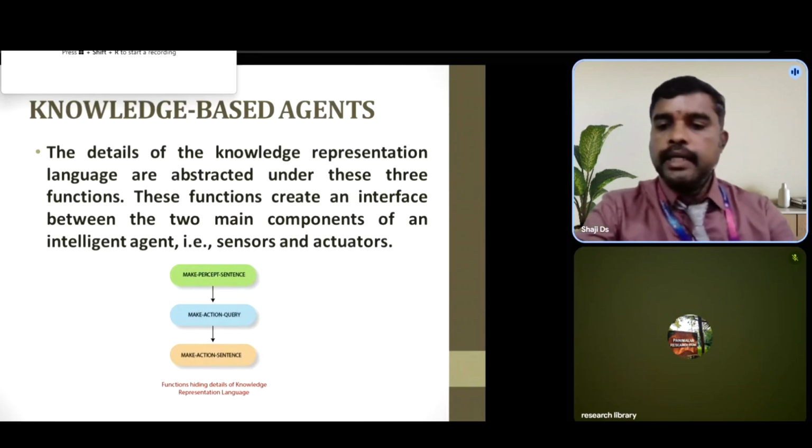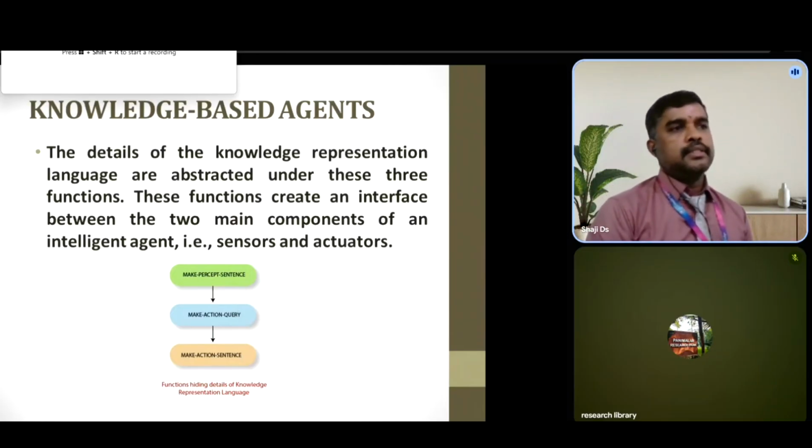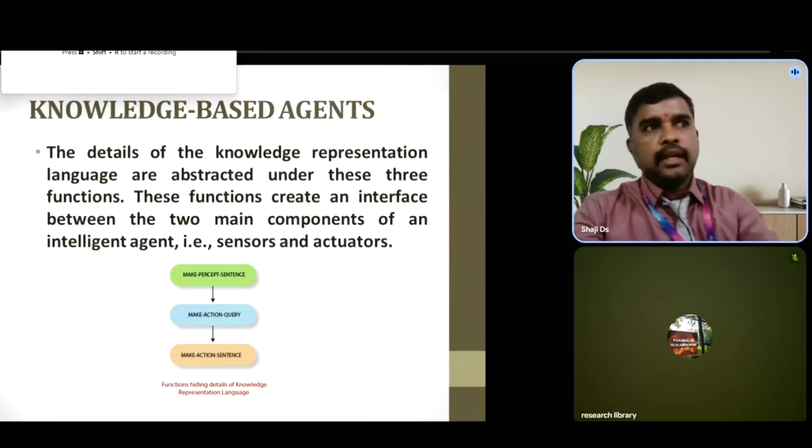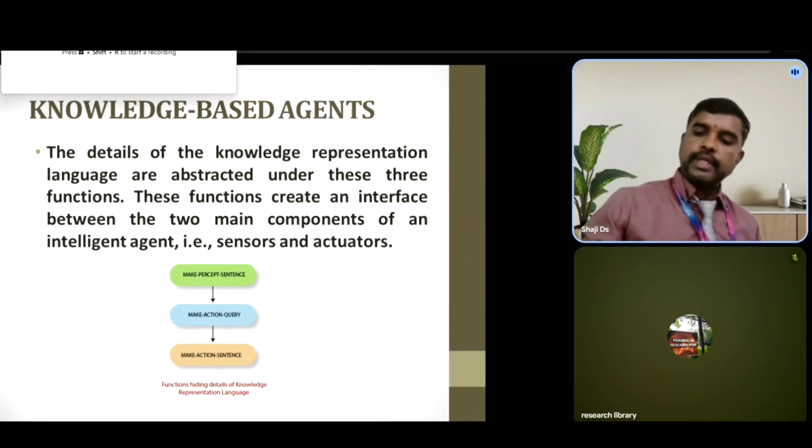I think we have already discussed a lot of notes regarding the sensors and actuators. So we know the differences between the actuators and the sensors. Okay. So the knowledge-based agent is the detail of the knowledge representation language, abstracted under these functions to create an interface between the main components of an intelligent agent. So we know that the main components are sensors and actuators. Next,